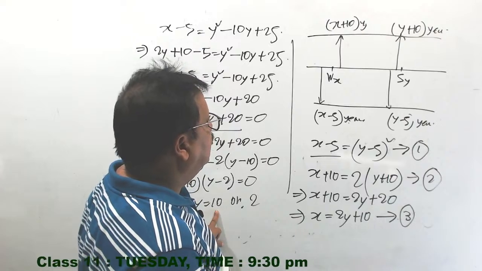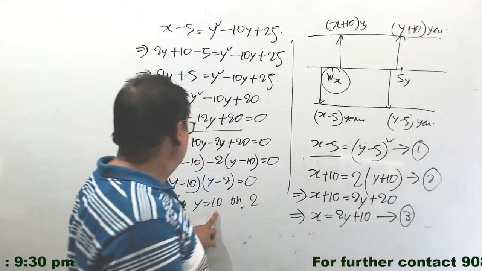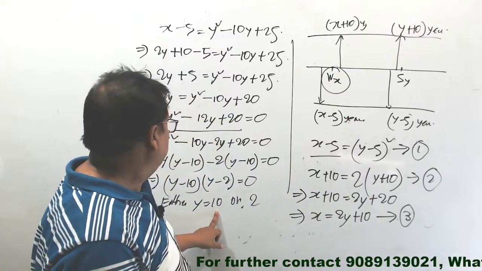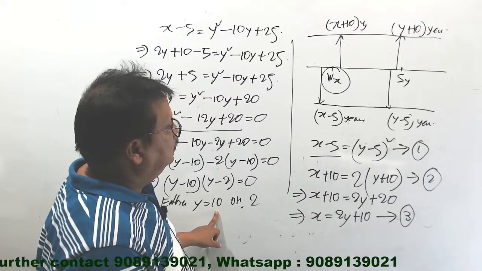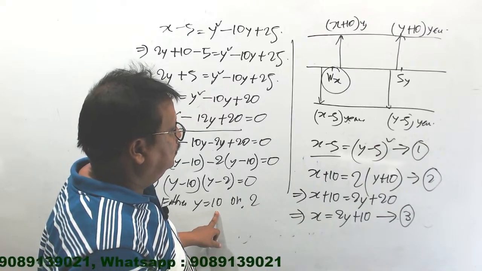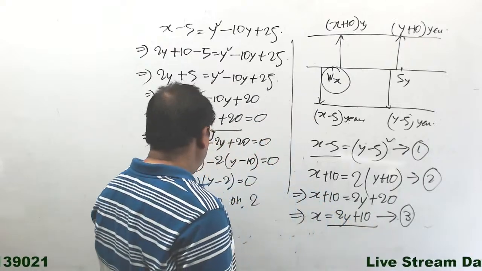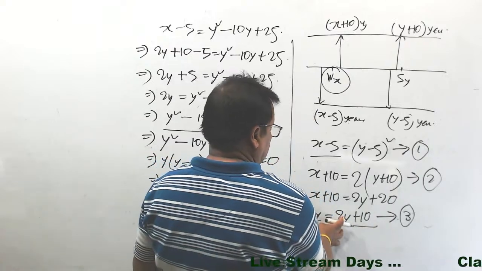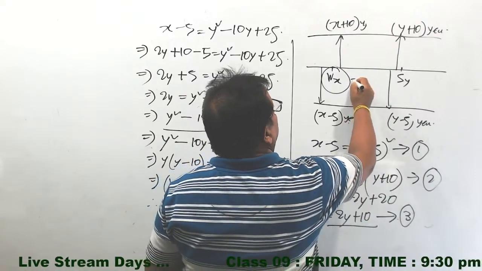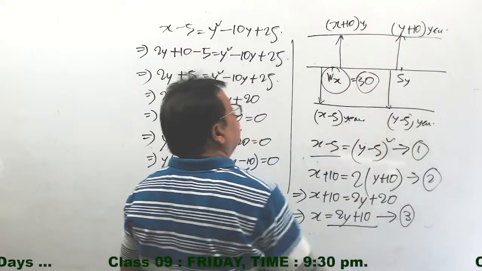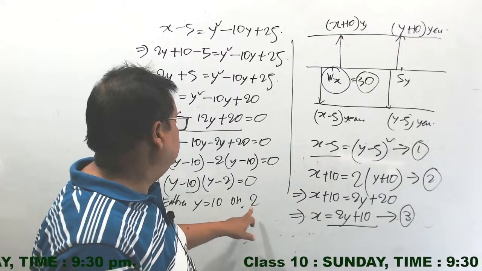X. How will you find X? Present age. How will you find X? X equal to this. Put here. That is, put y is equal to 10. 20 plus 10, 30. Present age is 30. 30 years. Okay. Present age is 30 years, and